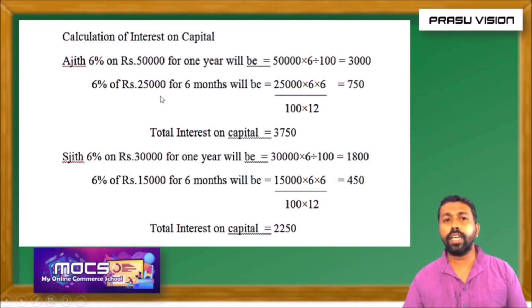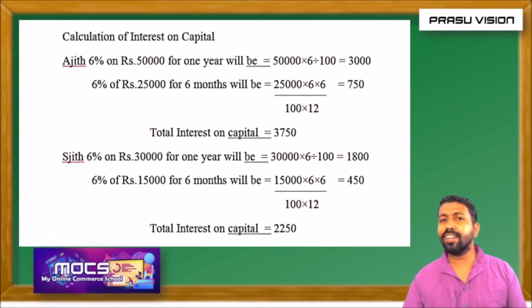And when they brought additional capital, on 1st July they brought additional capital. So in the present financial year, the partnership firm has to pay only 6 months interest, from 1st July to 31st December, 6 months remaining. So how to calculate the interest on capital for additional capital? The additional amount of capital into 6 by 100, which is the percentage. Then for 6 months only we have to calculate the interest on capital, not for the whole year.